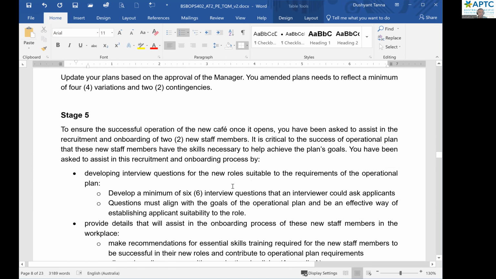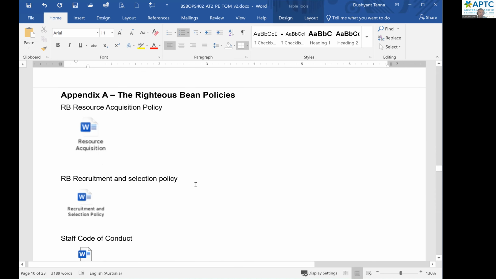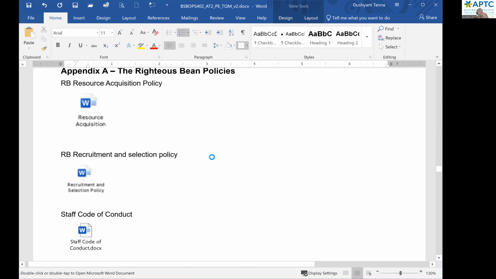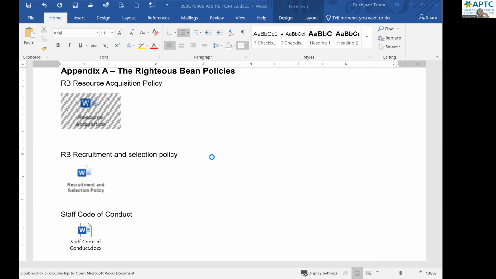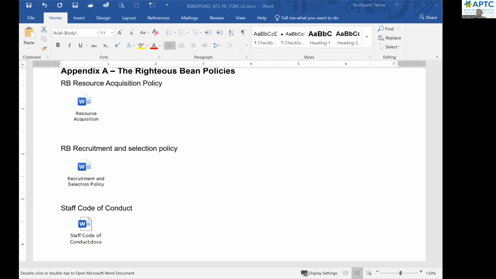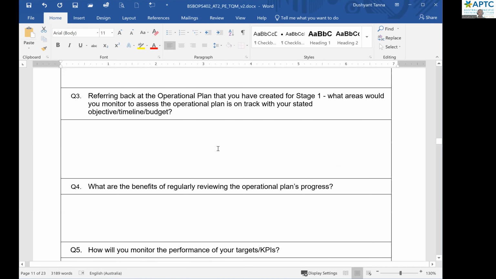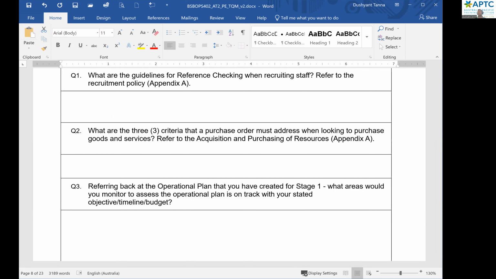Okay, again, let's go there. Resource acquisition, I'll have to save that, and again share it with everyone. Okay, so with that resource acquisition, there is a policy, procedure, identification of supplier. So when this question is asking you what you would do, the three criteria,